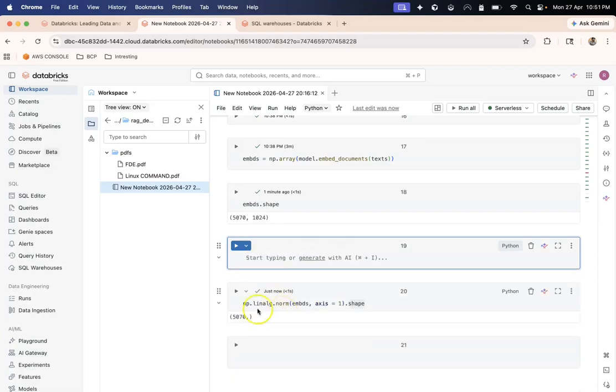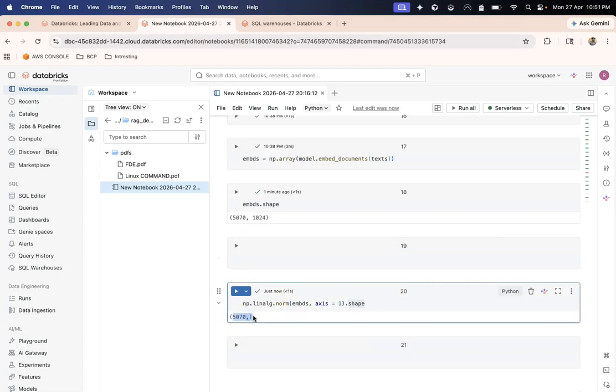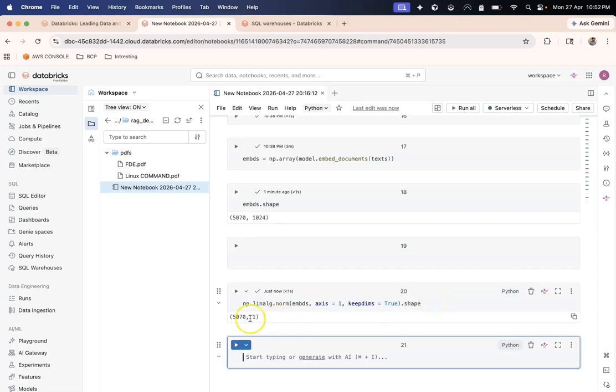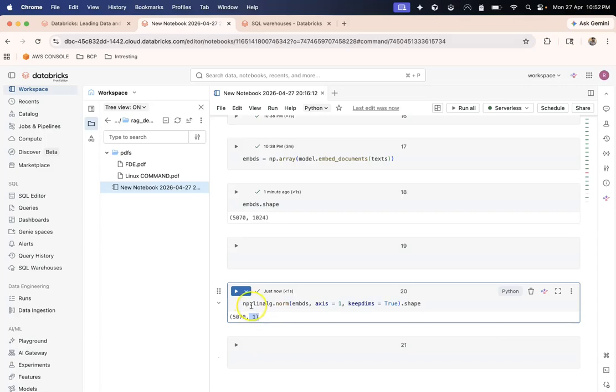When we get this, it changes the shape. So we can pass this argument called keepdims. Then it will not remove the second dimension, but keep it. Now I can save this result in something known as norms.